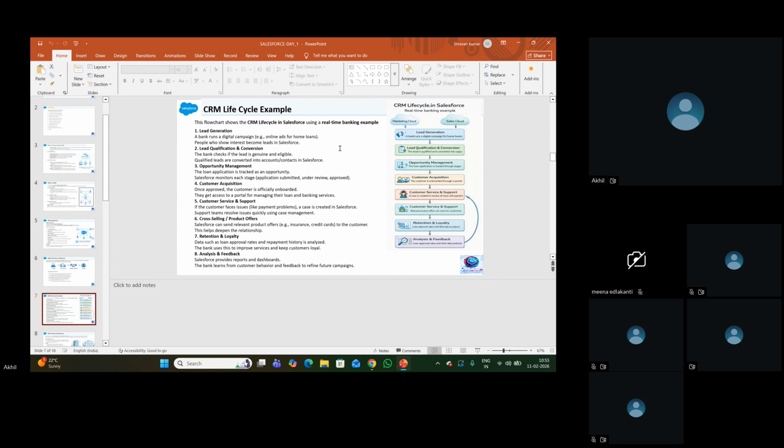I'll get attracted to it, and I'll fill the form because it looks attractive to me. I'm getting the home loan at a very reasonable rate, so I'll fill the form. The qualified leads are converted into account, contact, and opportunity, whatever we discussed. So once we got the lead, the marketing cloud part is done.